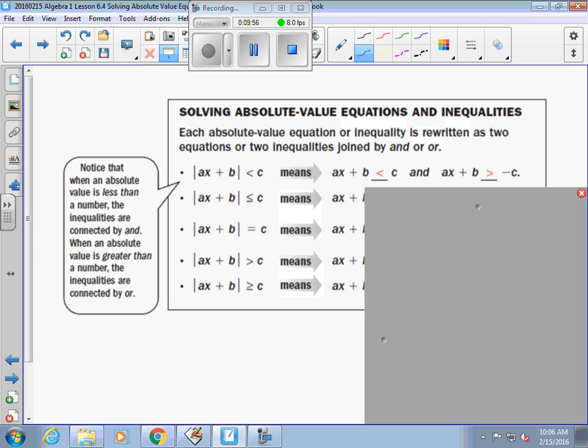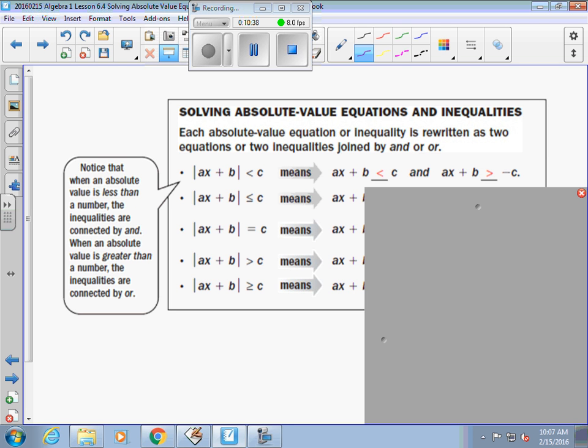Now, absolute value inequalities when you're talking about absolute value is almost the same thing. There's always a little something different. The little something different is when you change the sign. A minute ago, we made one of them positive, the other one negative. That was with equations. With inequalities, when you change it from positive to negative or from negative to positive, you reverse the sign. So the absolute value of ax plus b, when it's less than c, it's ax plus b